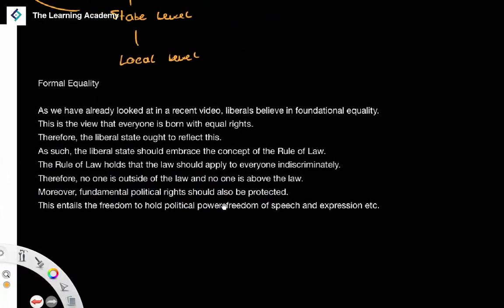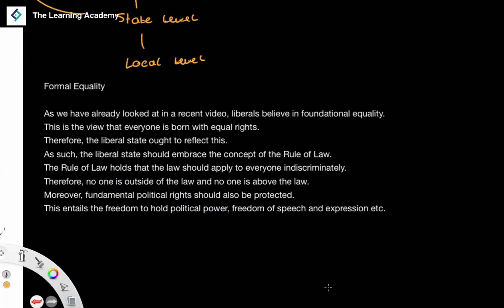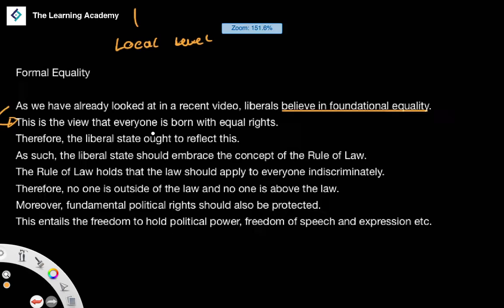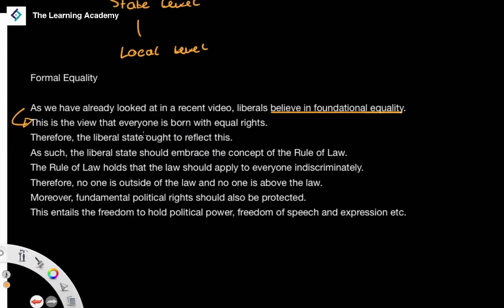The final point I want to talk about is the concept of formal equality. And as we looked at in a recent video, liberals believe in what is called foundational equality. Foundational equality is the view that everybody is born with equal rights. You are born, you have the equal right of somebody else who is born. And this implies that the liberal state ought to reflect this. So it's a very key concept within liberal philosophy, the idea of foundational equality, and so therefore liberalism should be able to